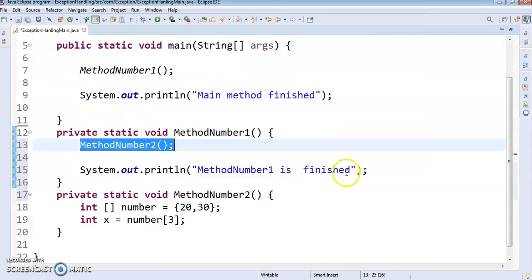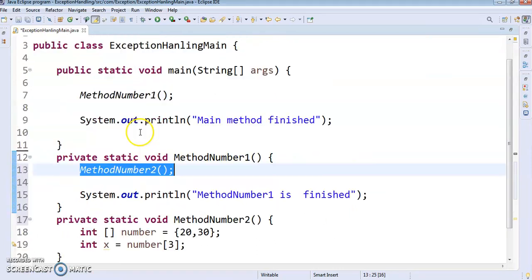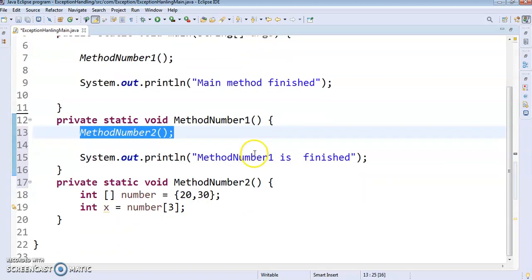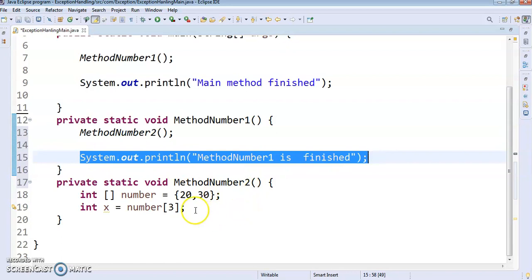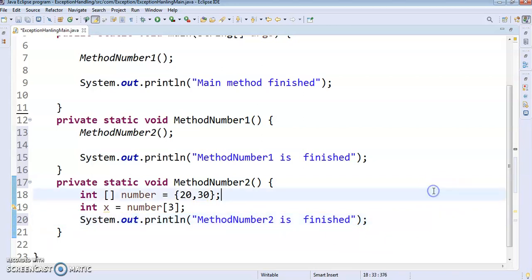Continue. See, method 2 has been created, and it is being called from method 1, and method 1 is called from the main function. I'll copy this and paste it over here, and here I will print method 2 is finished, just to understand how the exception is going to be handled by which method. We have created a few methods.